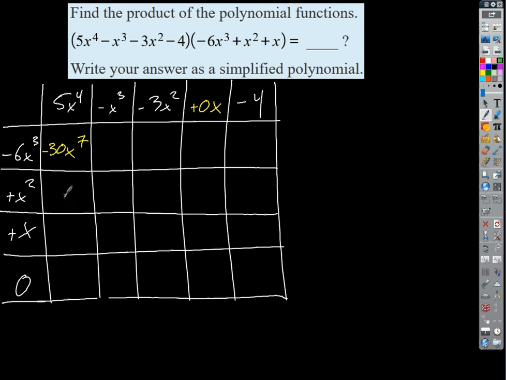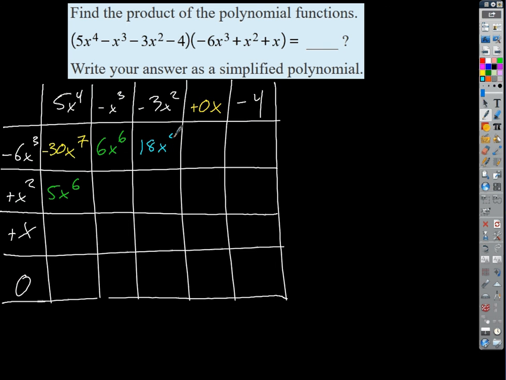5x to the sixth. Good. What's going to go there? Positive 6x to the 6th. Positive, right, because I'm multiplying negative 6x cubed times negative 6x cubed, so I get positive 6x to the sixth. What goes there? Positive